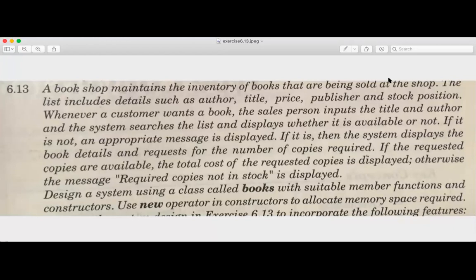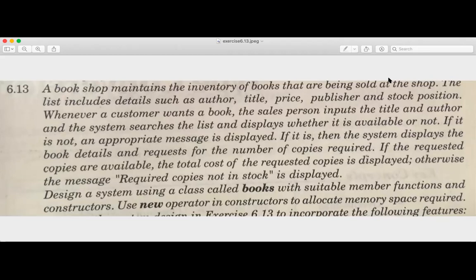It is actually a very easy program, but sometimes a real life scenario is given, and in that scenario you have to think about what different classes you can create, what the relation between those classes is, what functions are available inside each class, and what data members are available inside each class. All of this you need to think about.